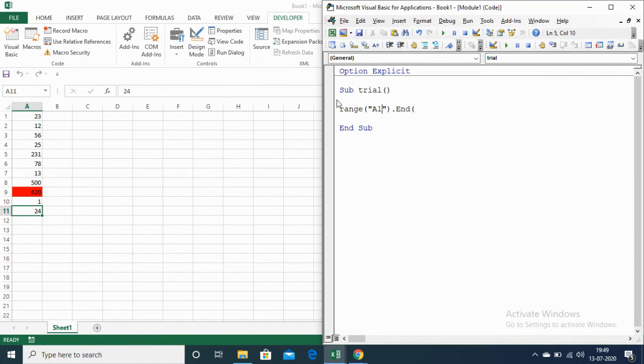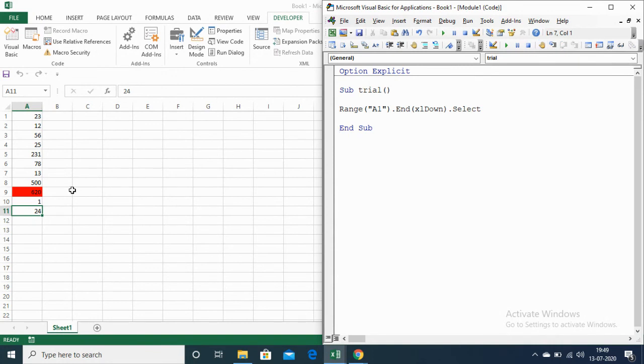Range A1, so from A1 it will go xlDown, and will find the last cell and will select that cell. Now let me run this code. So it is selecting the last cell that is there in the given range.